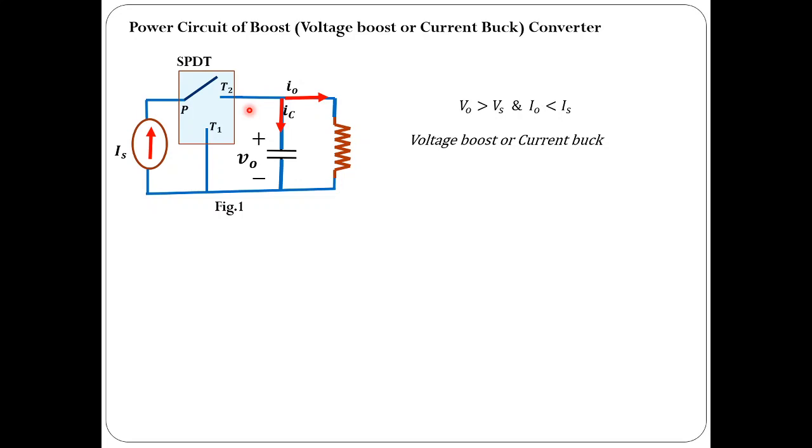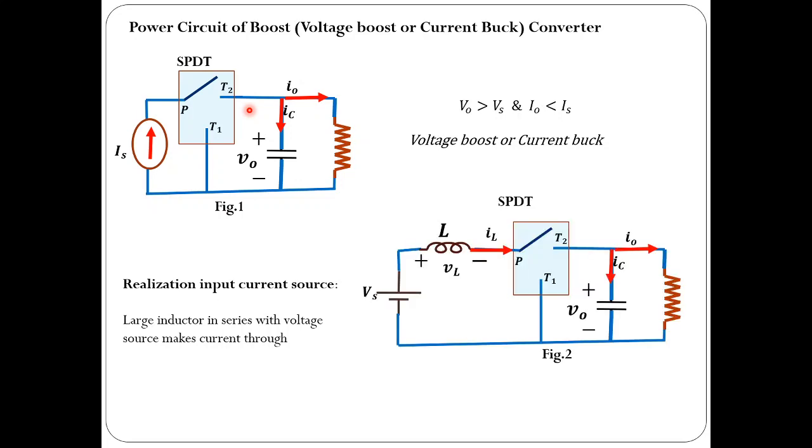Okay. So now how to realize this current source? Usually in power electronics, we use this combination, that is a battery in series with a large inductance, in place of the current source. The characteristics of this series combination would be more or less similar to that of the current source. So you can replace that. In fact, this combination acts as a current source. The inductance value must be very, very large.